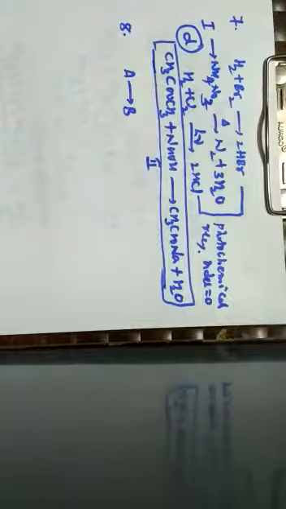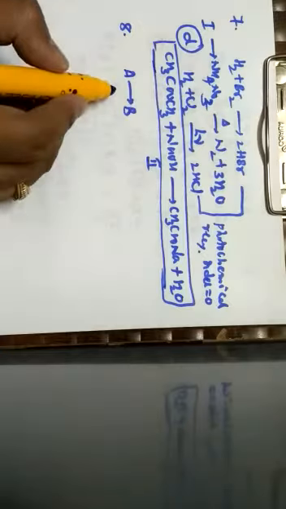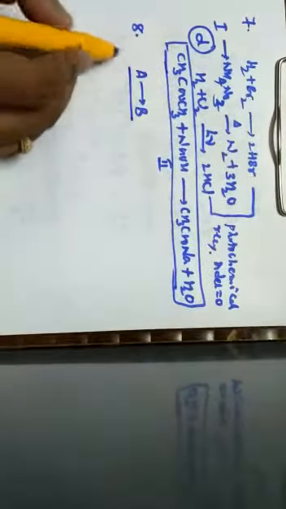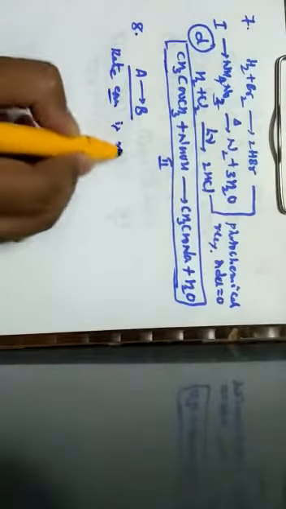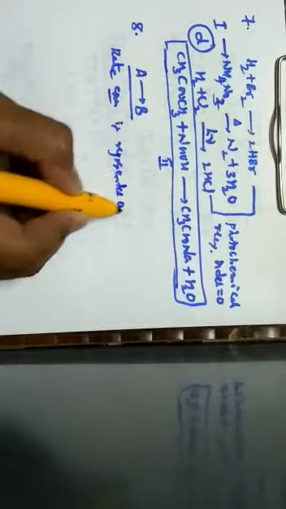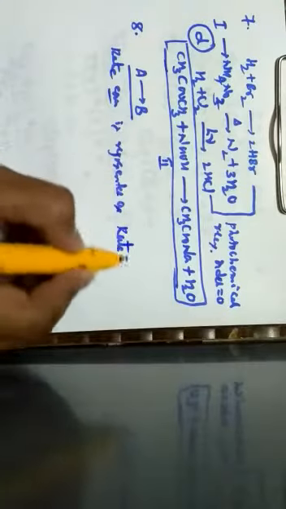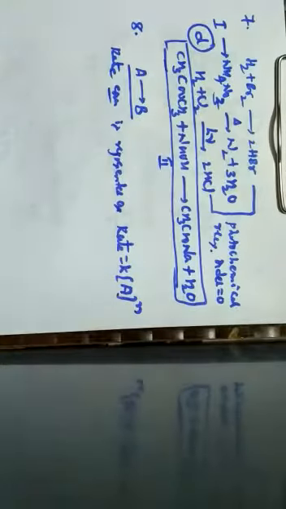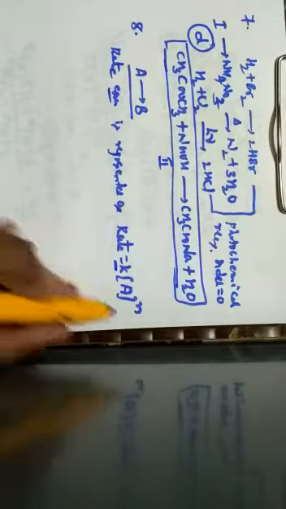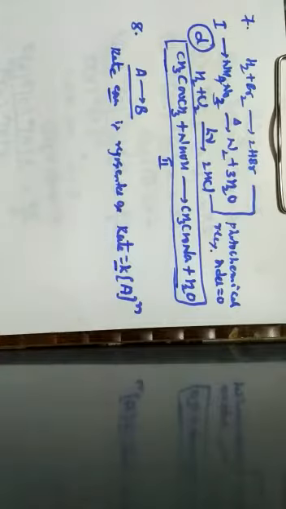The rate of the reaction is 2 into 10 to the power of minus 3 mole per dm cube per second when the initial concentration is 0.05 mole per dm cube. So first let us write the rate equation for this. According to the given equation, the rate equation is represented as rate is equal to K into concentration of A raised to the power N. Here K is called the rate constant, N is considered as the order of the reaction, and this is the concentration of the reactant A.